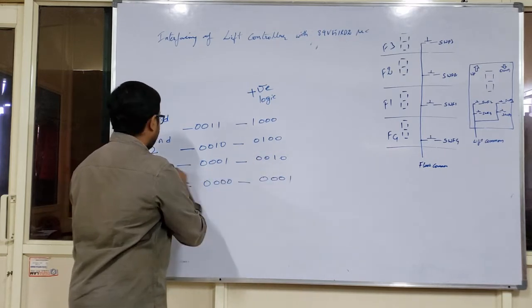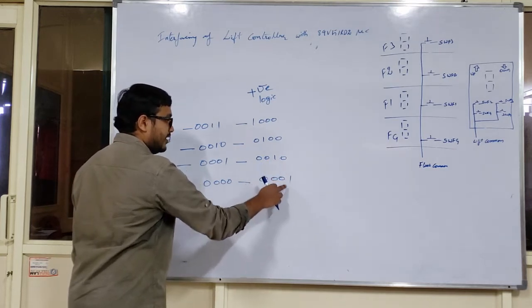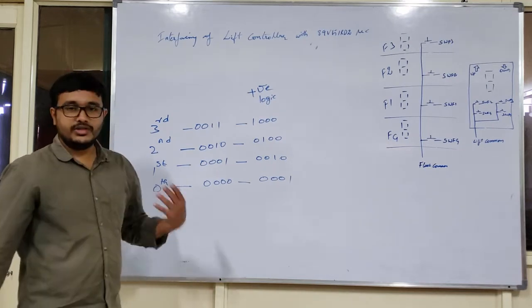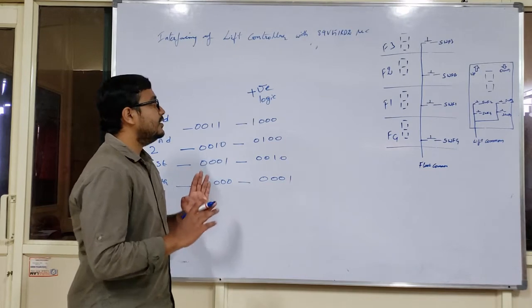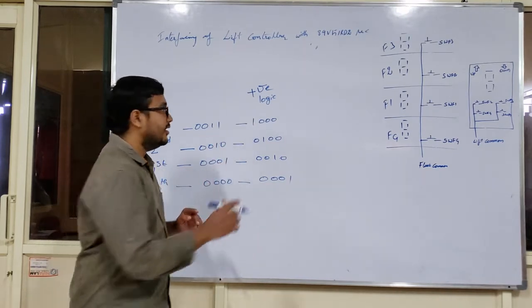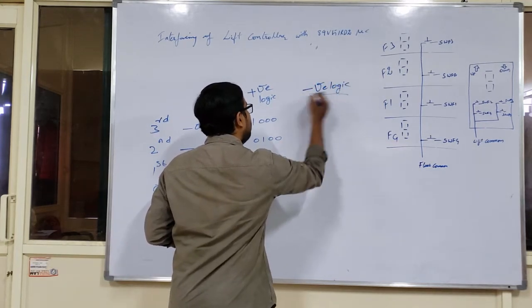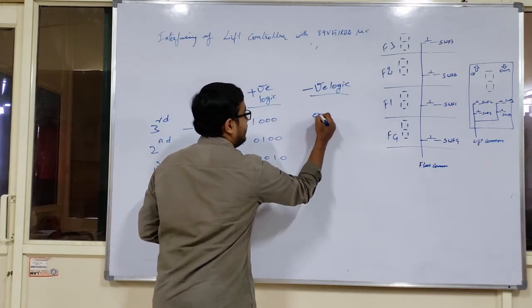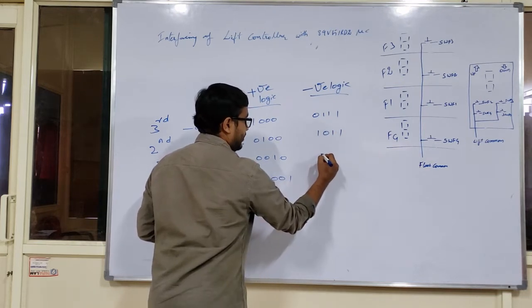And similarly, whenever I want to move to the first floor, the first bit or the first button is pressed, and similarly the 0th button is pressed if I want to move to the 0th floor from somewhere else. This is positive logic. But here I am not going to use positive logic. I am using a complete negative logic here. That means negative logic is the reverse of the positive logic. In this manner, I will be writing the logic assignment.